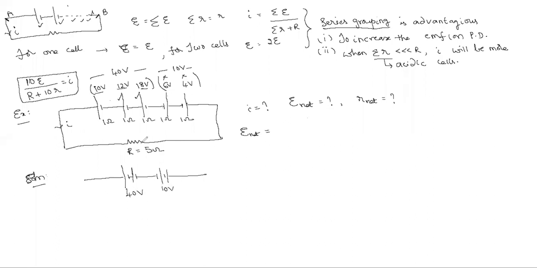No sir. And here the total internal resistance of these three is, I think, 3 ohms. Am I right? One plus one plus one, yes sir, total 3. And the internal resistance of these two will be 1 plus 1, that is 2 ohms. Am I right, Nana? And here the external resistance is 5 ohms.